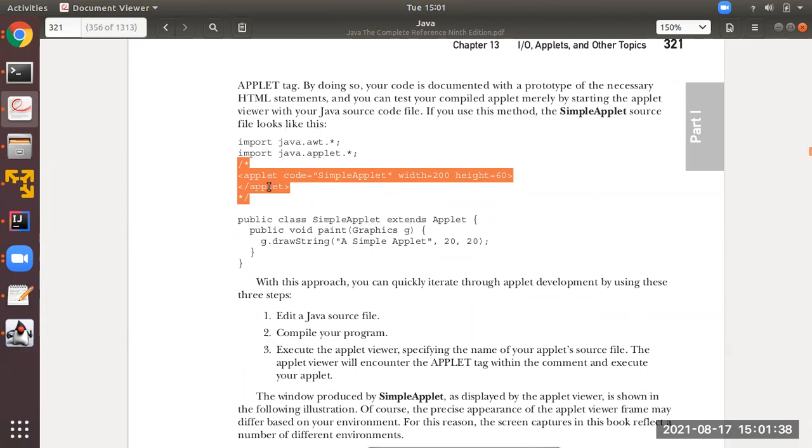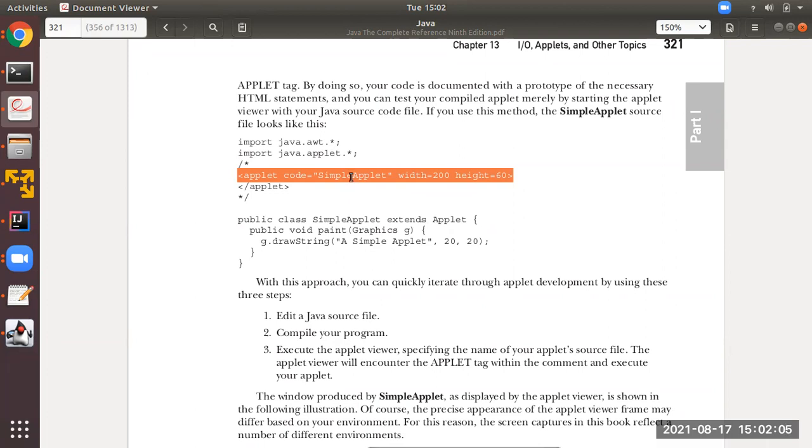comment, but you have to write this multi-line comment in a separate file, and that you should save it with simple applet.html. Okay, remember students, if you are writing the program without this multi-line comment, you have to write this multi-line comment in a separate notepad and save that with simple applet.html. Or else what you can do is the simple way, write in one file only in this way.